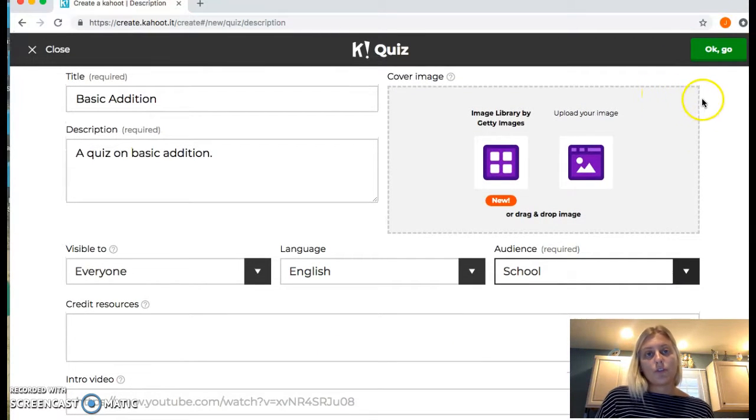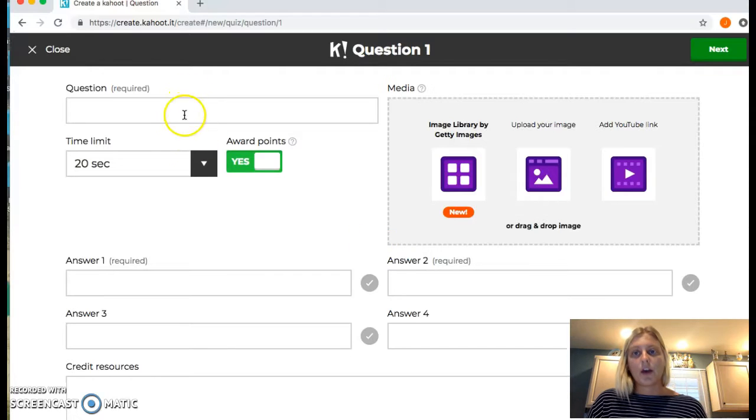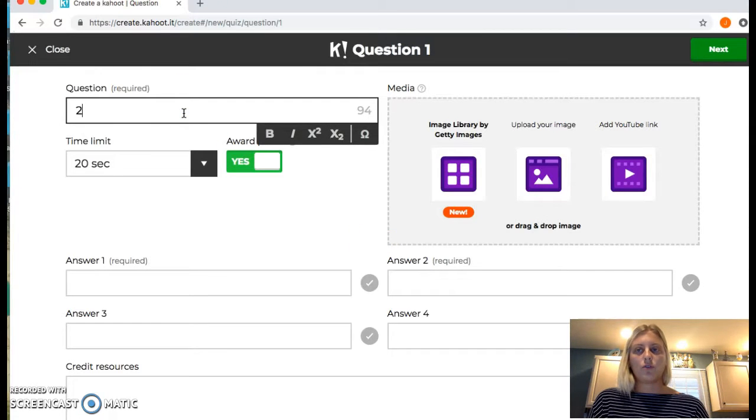And then if you want to, you can add your own image, you can add an intro video, but we're not going to do that today. Then press OK, go. And then it's really simple, you're just going to do add question. So the question will be 2 plus 3 equals